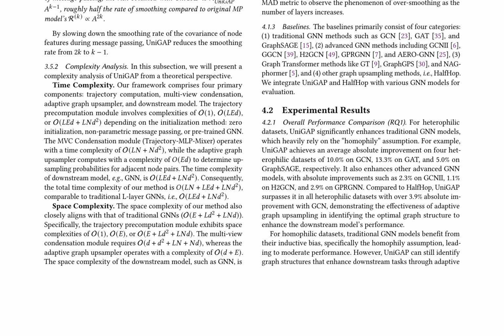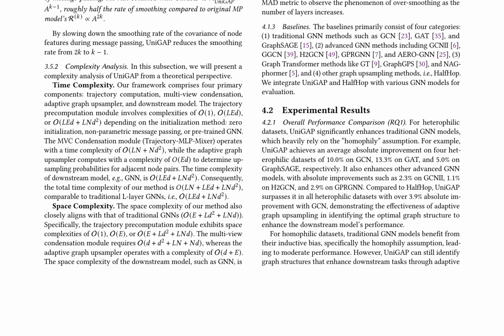UniGAP is evaluated on 8 node classification benchmark datasets, comprising 4 homophilic and 4 heterophilic datasets. It is compared with various baseline models, including traditional GNN methods, advanced GNN methods, and graph transformer methods. The results demonstrate that UniGAP significantly enhances traditional GNN models on heterophilic datasets, with average absolute improvements ranging from 5.0% to 13.3%. UniGAP also outperforms other graph upsampling methods, such as half-hop, with an absolute improvement of over 3.9% on